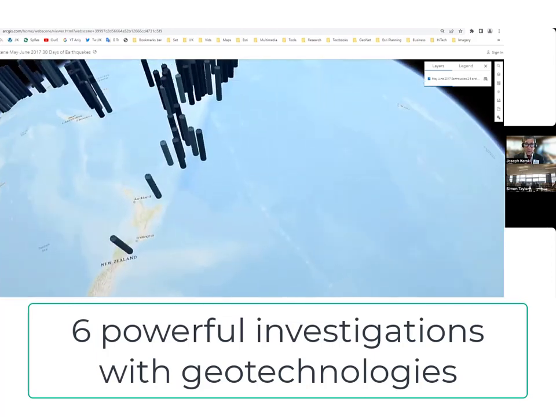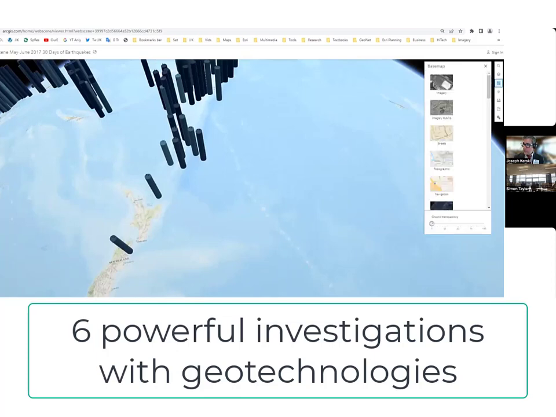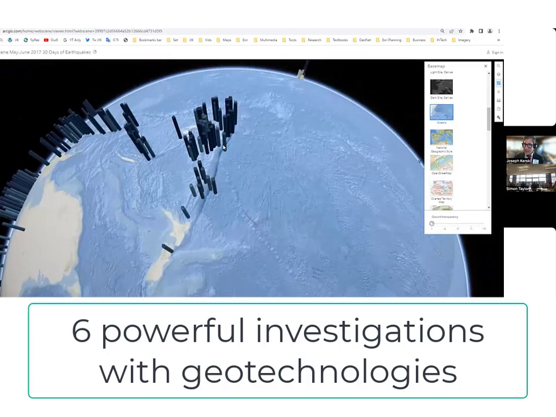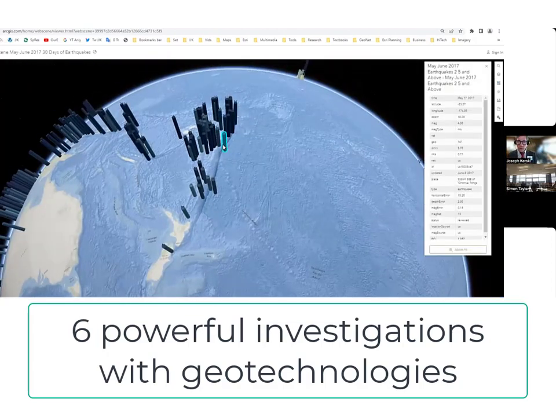Do I have to be content with 2017? No, of course not. You know what? It would be really interesting, wouldn't it, to change that base map to an ocean space map. Now I can see, I've got an attribute for every one of these earthquakes. Oh my goodness. Now I know the depth, the intensity, etc.